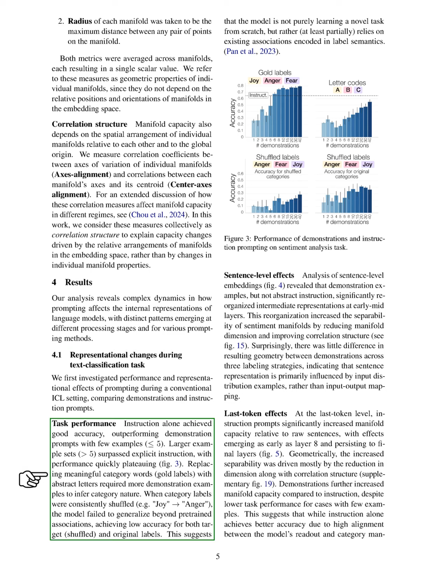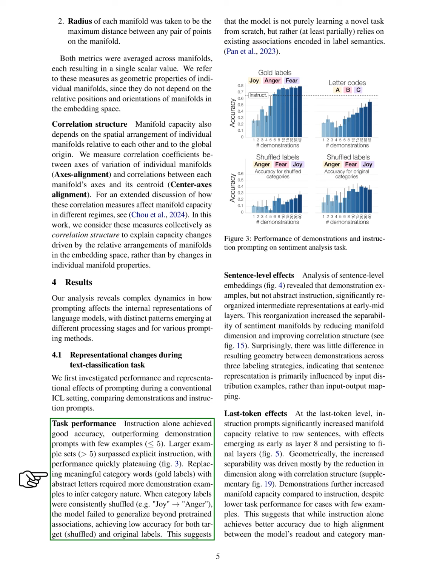We found that instruction alone led to good accuracy, outperforming demonstration prompts with fewer than 5 examples. However, with more than 5 examples, performance improved beyond that of explicit instruction, quickly reaching a plateau. Replacing meaningful category words with abstract letters required more demonstration examples for the model to understand the categories. When category labels were shuffled, the model struggled to generalize, indicating it relies on existing associations rather than learning entirely